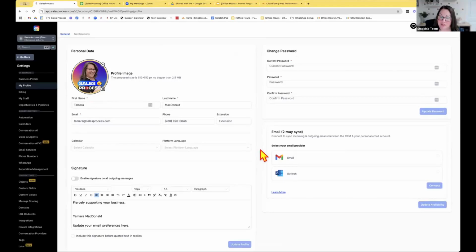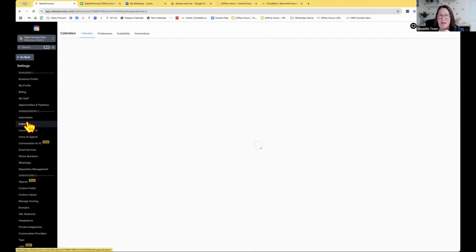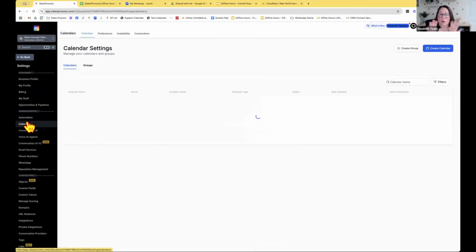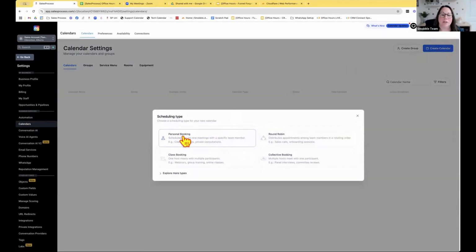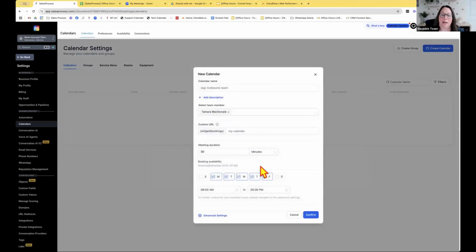So for the calendars, you're correct. They now have all of the automations set up inside of the calendar feature. I just want to preface this by saying, if you have already set up workflows for all of your appointment calendars that send confirmations and appointment reminders, you don't have to do anything. Those can stay. But for any future appointments that you make, if we go in here and I create a new appointment calendar, I'm going to say a personal booking calendar. And let's just say